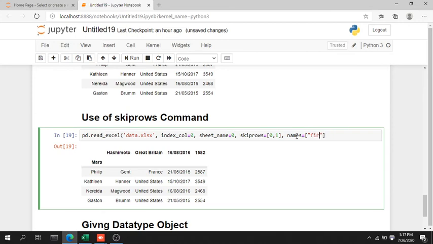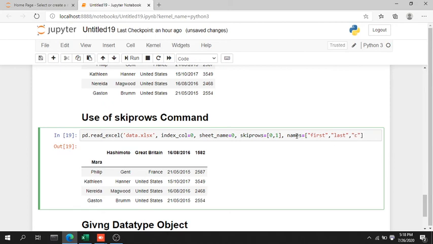First, then last. I'm just changing the names so that I can show you how we can give our own custom name to each column, like first, last.